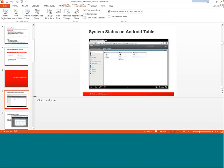The first 4 slides, these are all screenshots. The first 4 slides are all about the administration piece. And this first one is to illustrate the flexibility that we're providing with GroupWise 2014 that you can administer your system essentially anywhere that you have a browser. This is the new Web Administration Console